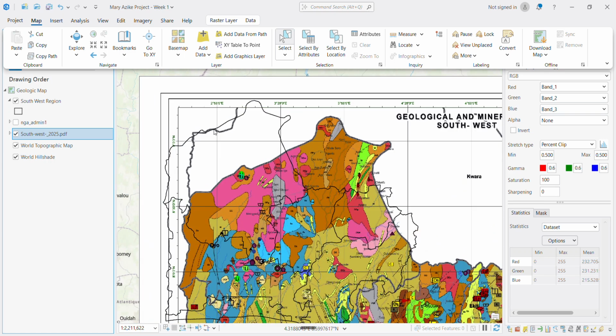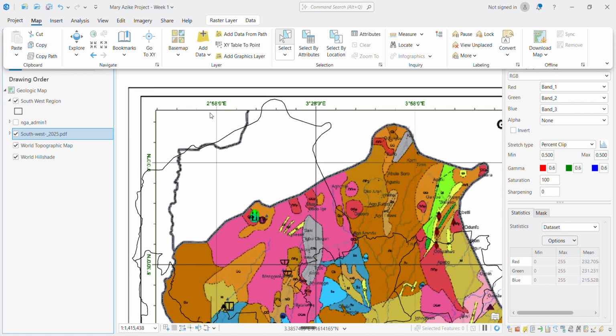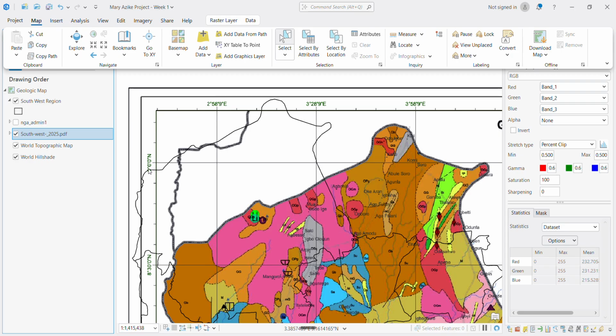Georeferencing is simply the process of assigning exact ground coordinates to a particular digitized image. If you look at this map now, notice that it has coordinates, longitude and latitude. So these areas have a spatial extent, a spatial coordinate, and I can use it to align this